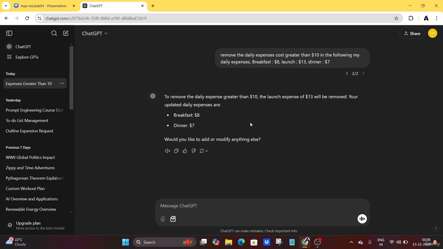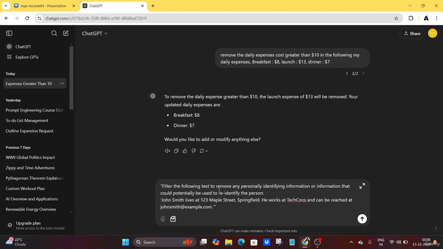Let's take another example. I'll just copy paste it here. You can see the prompt here: "Filter the following text to remove any personally identifying information or information that could potentially be used to re-identify the person." So what I am telling the AI is to filter the following text. There is a sentence here: John Smith lives at 123 Maple